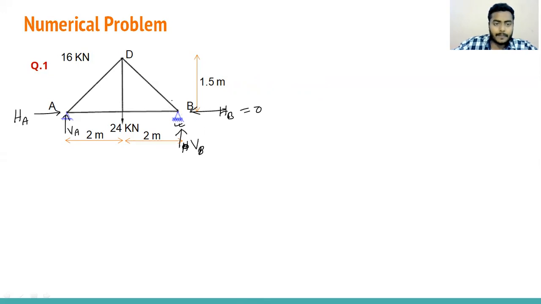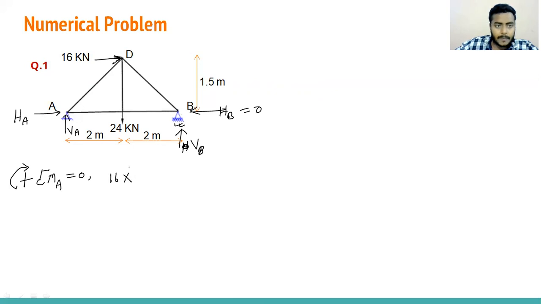V_B. Now, here a 60 kilonewton force is acting in the horizontal direction, right? So how can we calculate the reactions? Apply the equilibrium conditions, that the moment at A and B will be 0. So you can take the summation of moments at A. The sign convention I'm taking is that the clockwise direction is positive. Summation of moment about A is equal to 0. What are we getting?